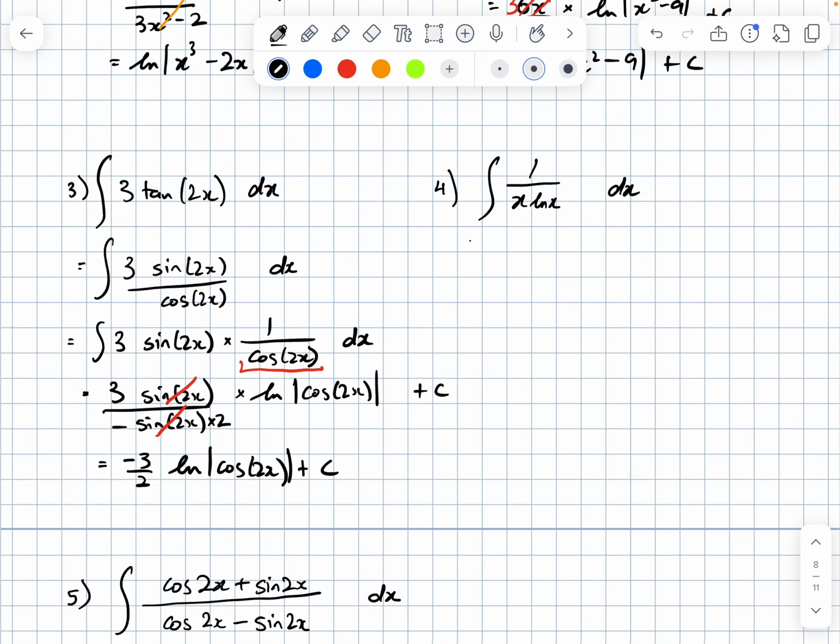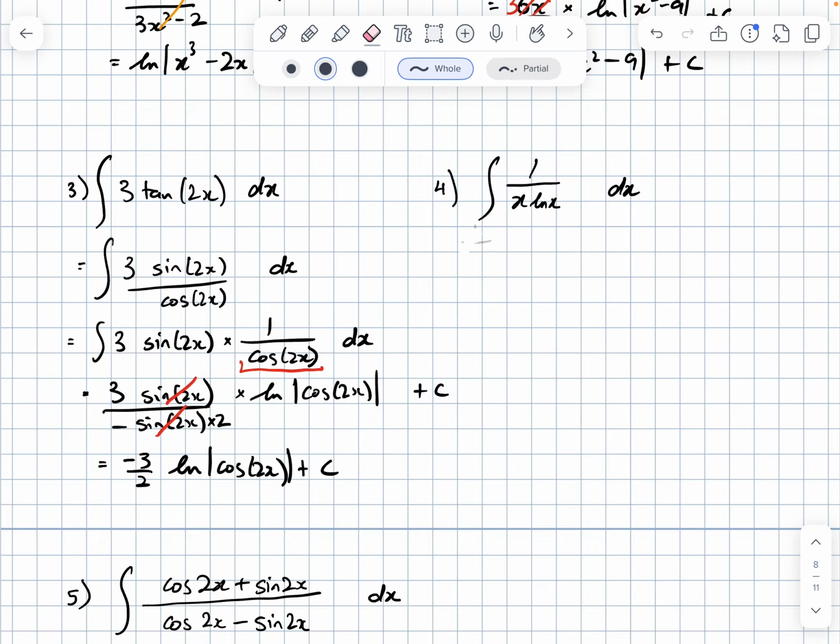Number 4. Sometimes we can get these and they're a little bit harder to see at first. And number 4 is an example of this. We see it's a fraction, but the derivative of x ln x is most certainly not 1. But I know that the derivative of ln x is 1 over x. And there is a 1 over x in here, so maybe I can rewrite it with 1 over x on